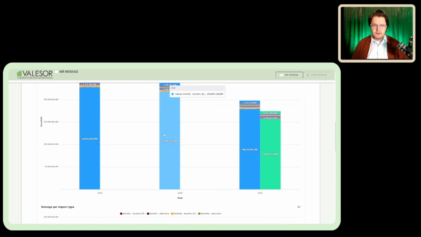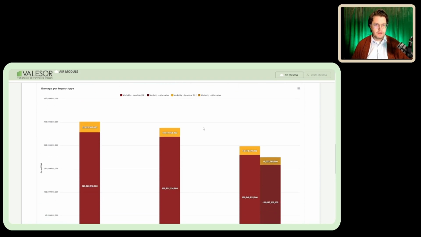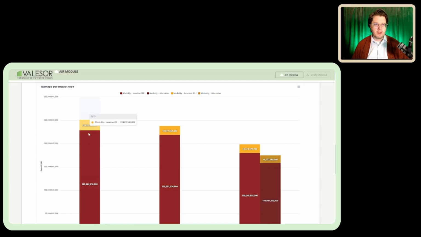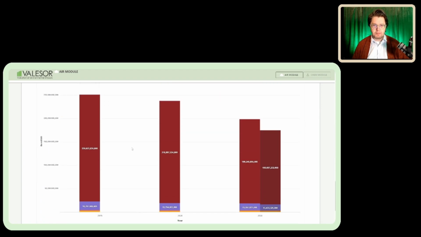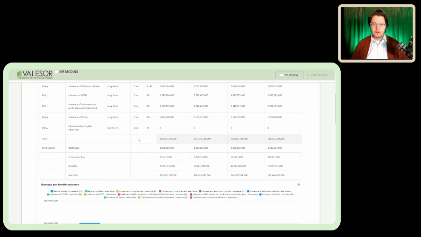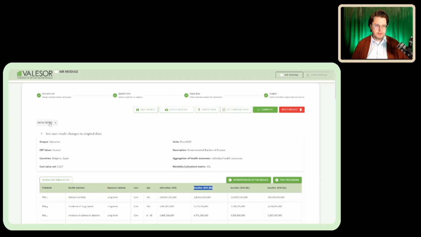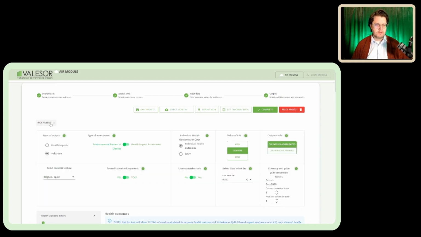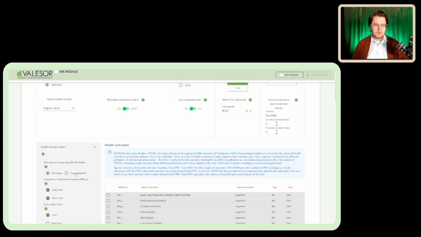We can still see the scenario results per year and per health outcome. And here we see the effect per impact type, still economic values per year, and damage per cost type. Okay. Now, there are things we can do to fine-tune our results. We can start by, remember to fix the filter, and instead of looking at, for example, all-cause mortality, we can choose cause-specific,